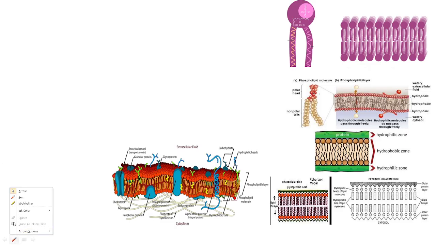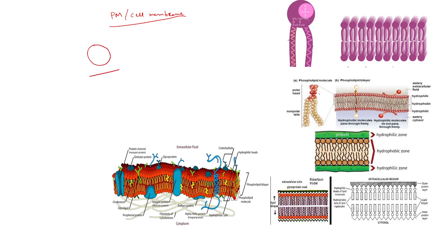Hello everyone. Today we will learn about the plasma membrane or cell membrane. So what is the cell membrane or the plasma membrane? First of all, a cell must have a plasma membrane or cell membrane. Look at this structure. It is a cell. What is the cell membrane? That means the outermost boundary or the outermost structure of the cell is called the cell membrane or the